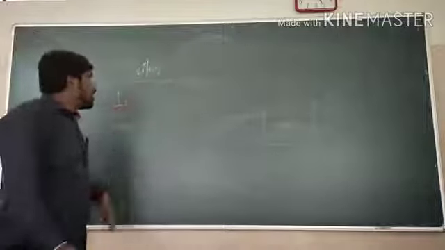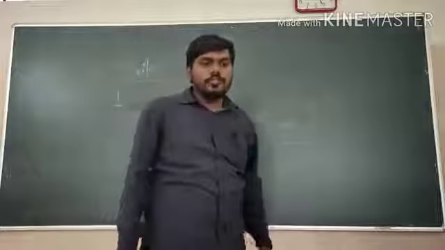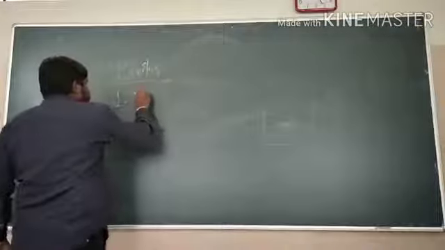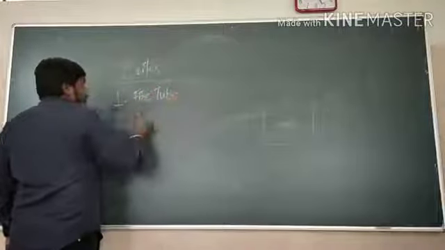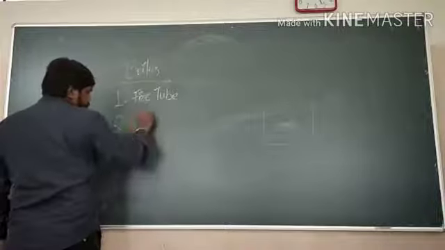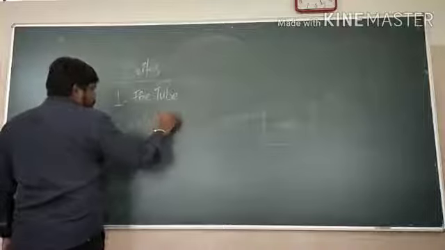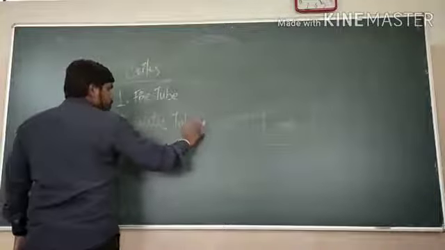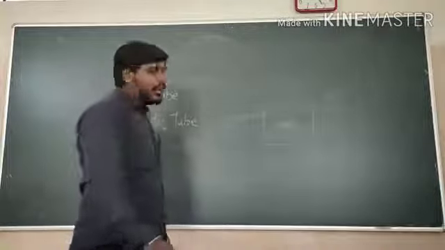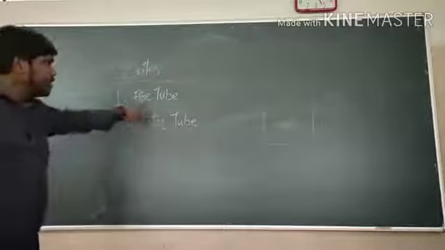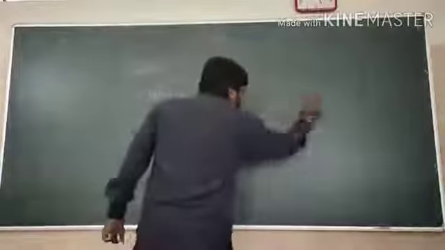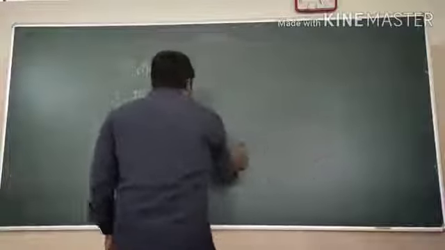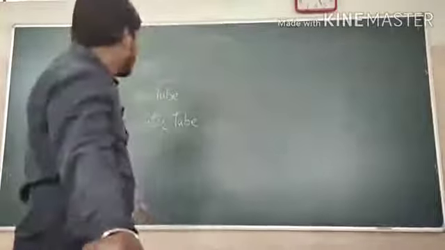So boilers are of 2 types. The first one is the fire tube, and the second one is the water tube. Fire tube and water tube. As the name suggests, it is a fire tube. Let's start with the first one. I will explain briefly; in detail I will be explaining in the next video, but you should remember what a fire tube is.